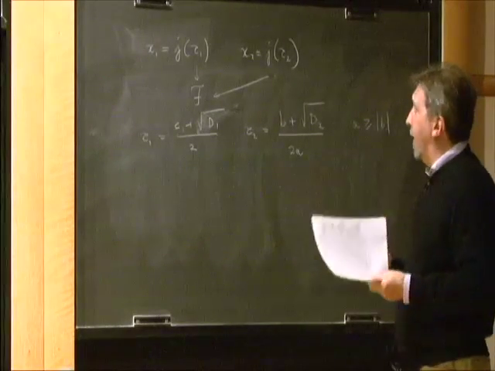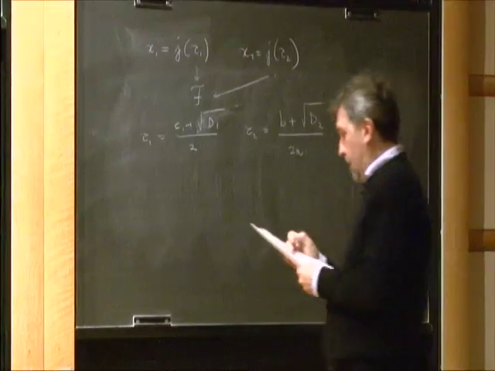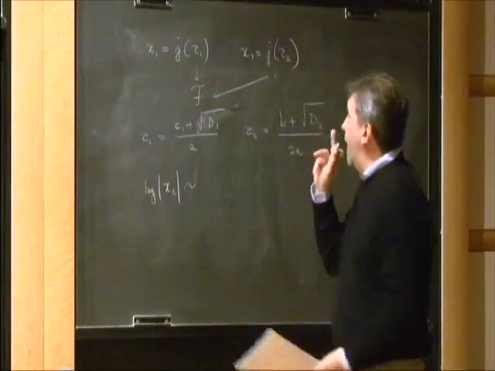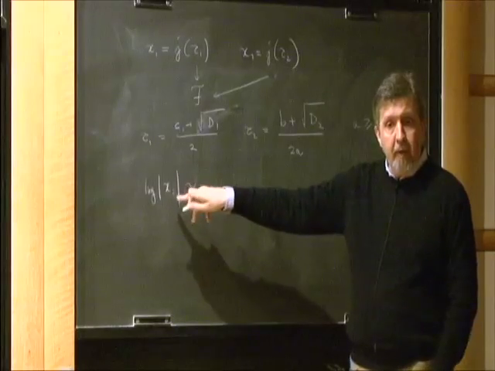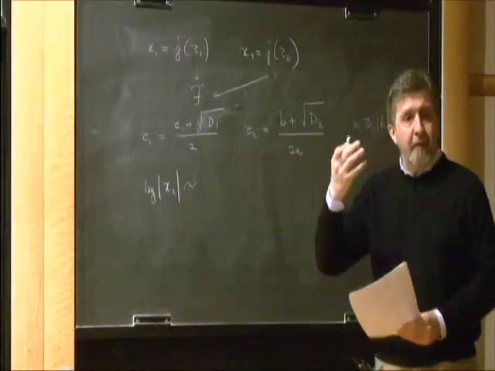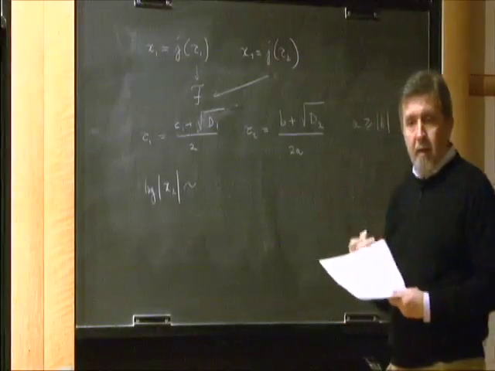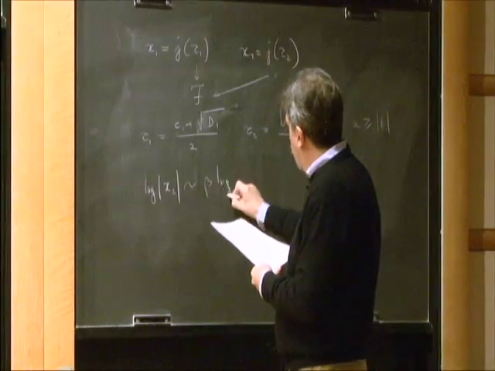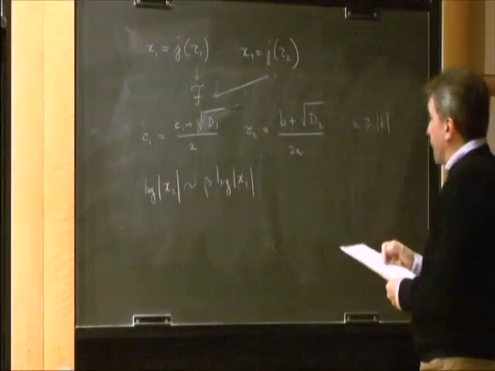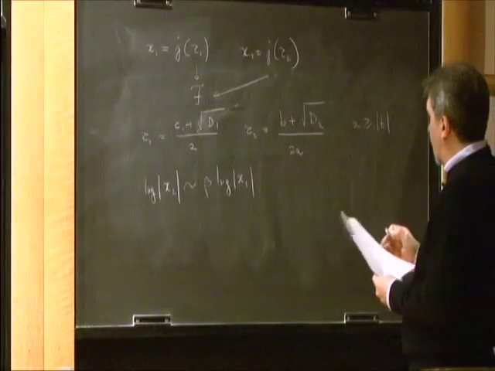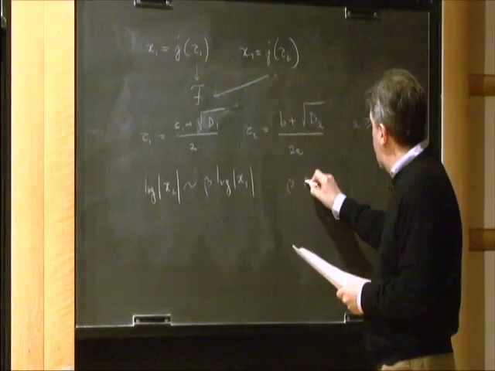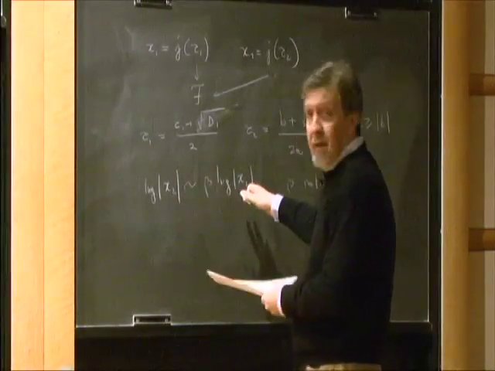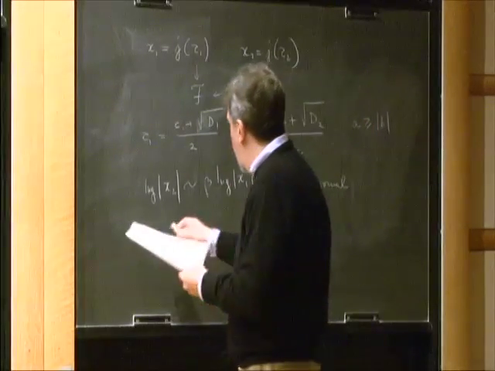So now let us take another Puiseux expansion, this time at infinity. And this shows that the logarithm of the absolute value of x2, since we now know that x2 in absolute value tends to infinity, the dominant term in the Puiseux series will be some positive power of x1, and so we have this asymptotic, where beta is rational. And this gives, by the Fourier expansion for the J function, which was the main point,